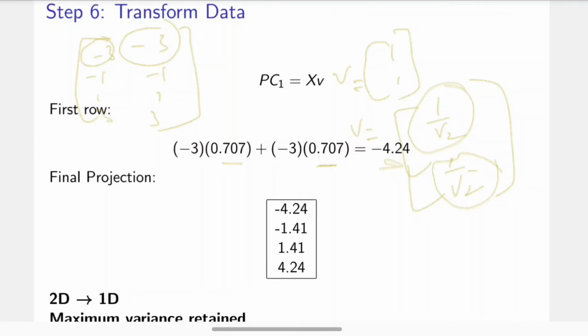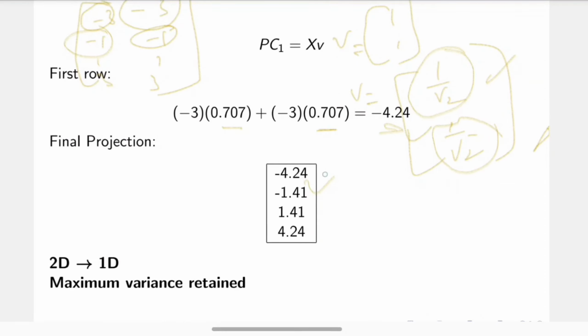You end up getting -4.24. If you multiply -1 with this value and -1 with this value, you end up getting -1.41. In the same way for 1 1 and 3 3, you get the remaining values. So we successfully reduced from 2 dimensions to 1 dimension while keeping the maximum variance. PCA reduces dimension by keeping maximum information and removing redundancy in